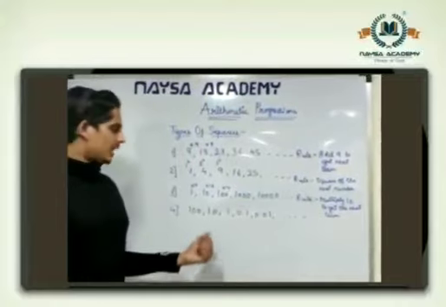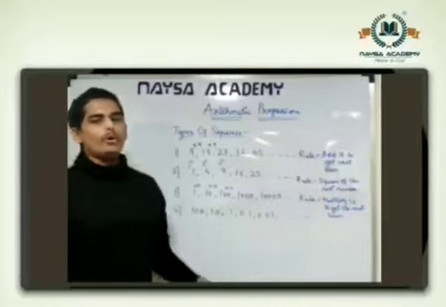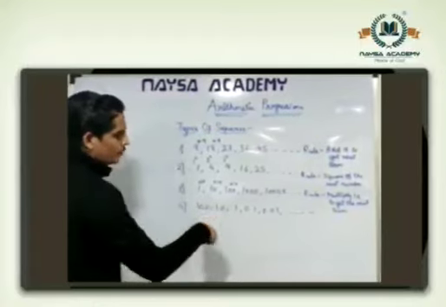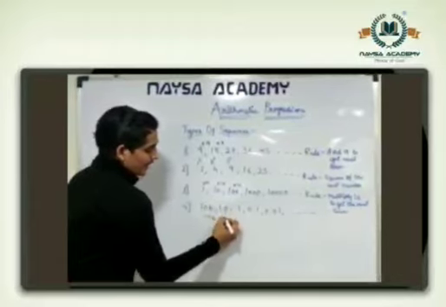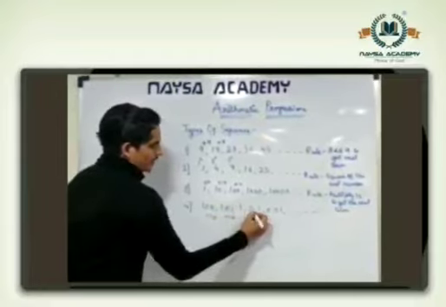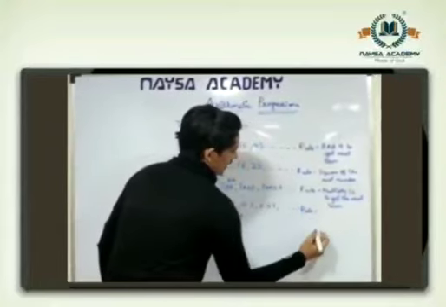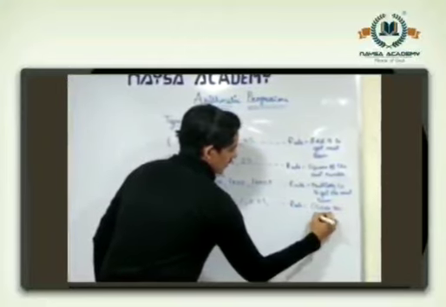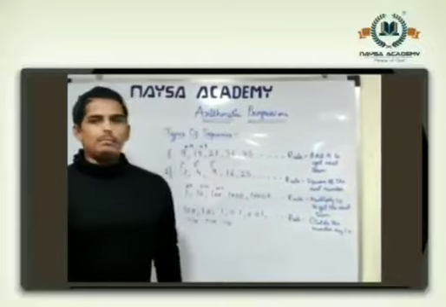After that, we have another example where it is 100, 10, 1, 0.1 and 0.01. As you can see over here, we are dividing the first number by 10 to get the next number. So if 100 is divided by 10, you will be getting 10. And if 10 is divided by 10, you will be getting 1. And if 1 is divided by 10, you are getting 0.1. So the rule over here is divide the number by 10.